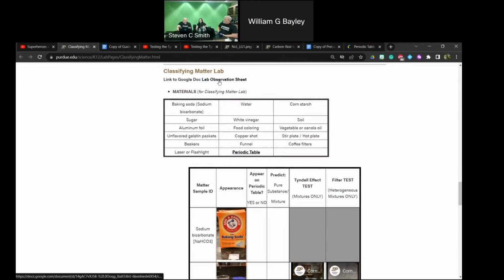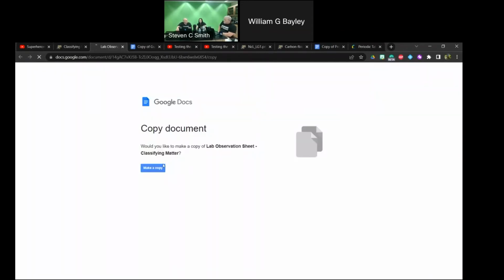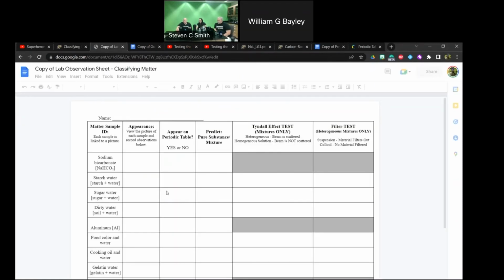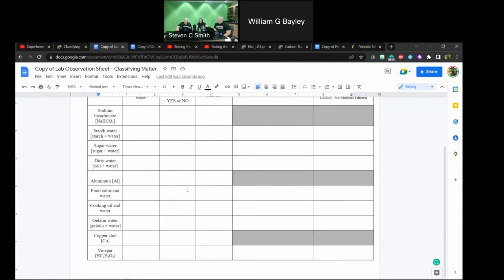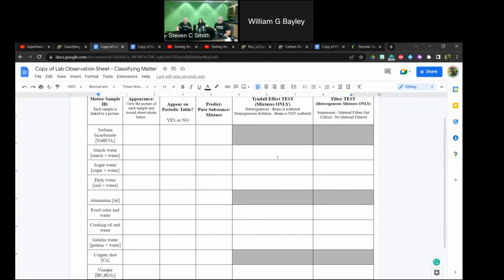So now we have our lab observation sheet. Again, you're prompted to put this directly into your Google Drive. And now we have it set up very similar to how we have the pre-lab set up. Out of the 10 samples, you're going to be able to test 7 of them for the Tyndall effect and potentially the filter.